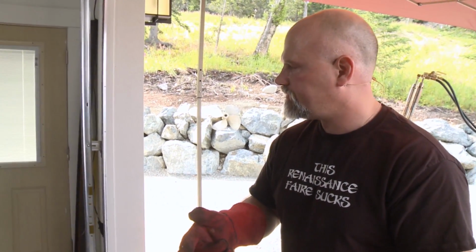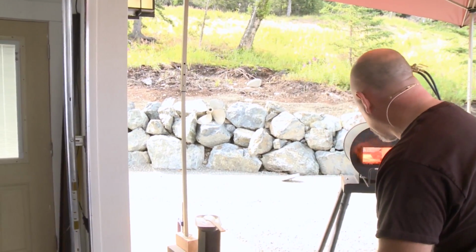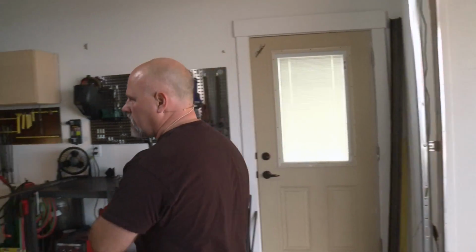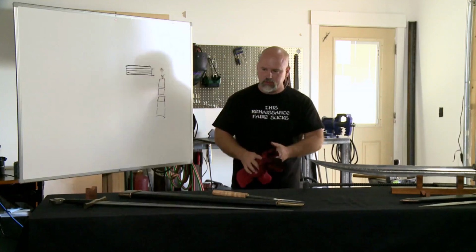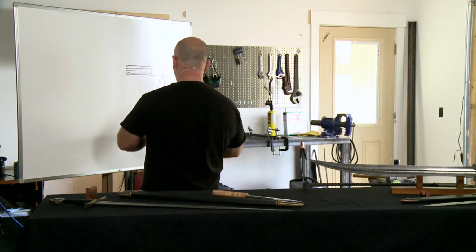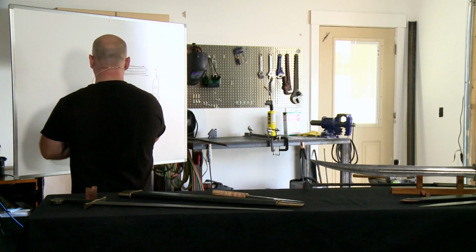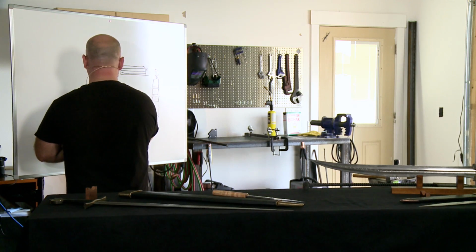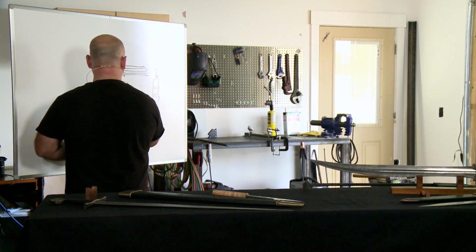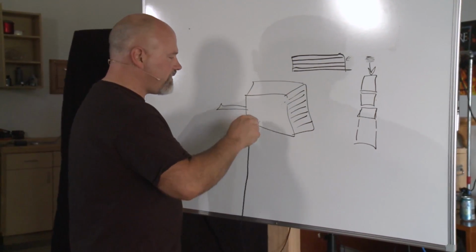So, what else do I need to tell you? Oh, drawing. Yes, that's a good thing to tell you. While this is soaking, let's go to the whiteboard and I'll tell you about drawing, because obviously that has 12 layers, right? So how am I getting it to 1,000 plus layers? Well, through either folding or cutting and stacking. So I'm going to have this big square, right, with a handle on the end. It's like this, right? What I want is to turn this